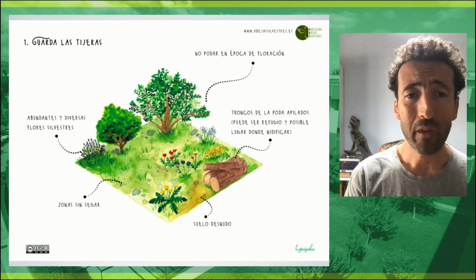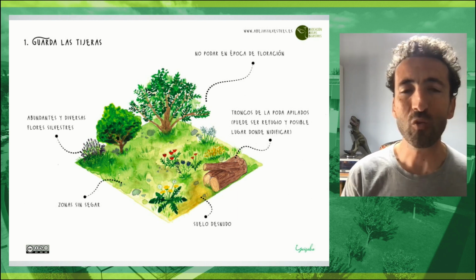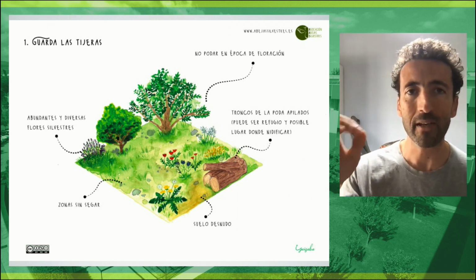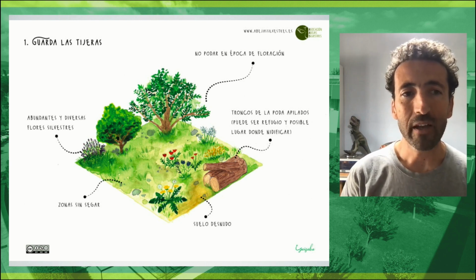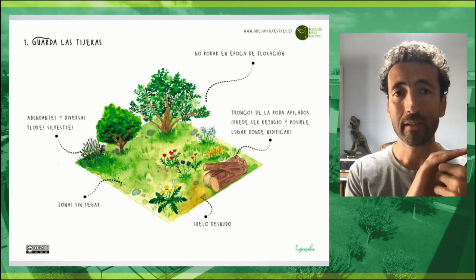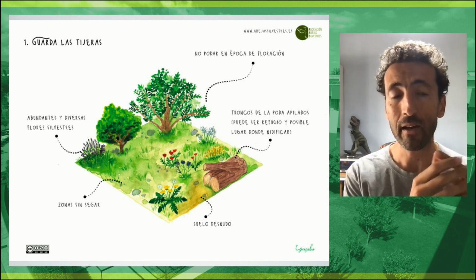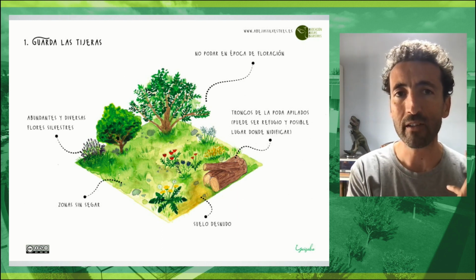Let me summarize one of these actions, and it's called put away those scissors. Because sometimes one of the best things we can do is do nothing. And this is difficult to explain to city councils or institutions that want to help pollinators. But sometimes just to delay the grass cutting, or not to cut some grass, or not to